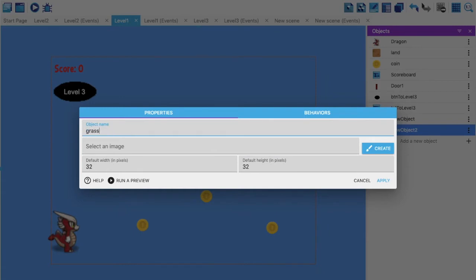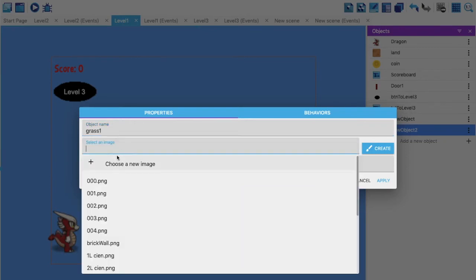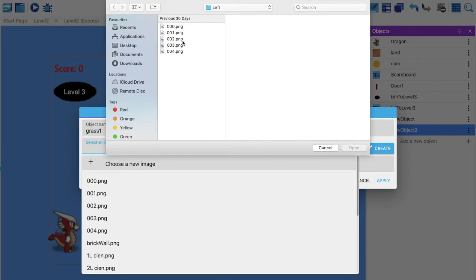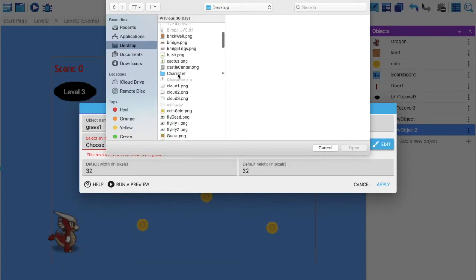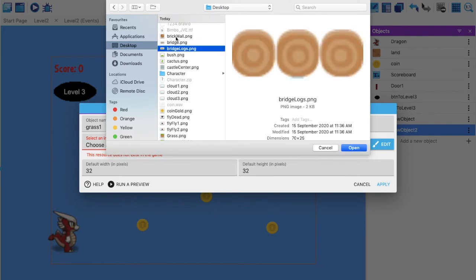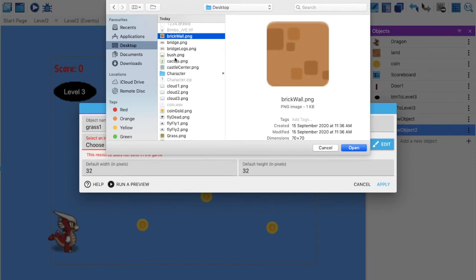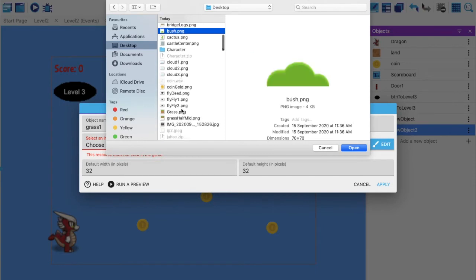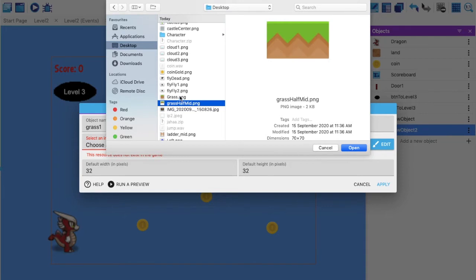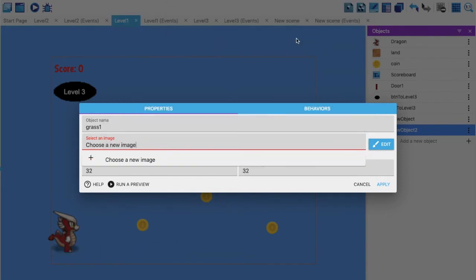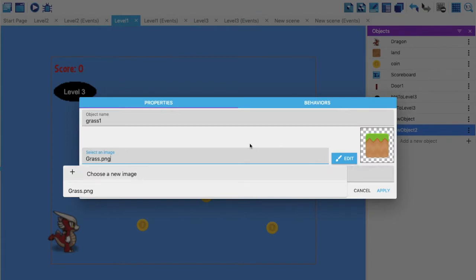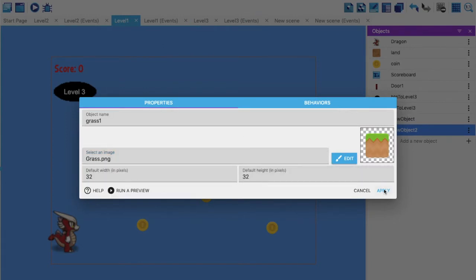So let's say this is grass 1 or something. Select the image. So I'm going to choose the image from my system. I'm going to take this one, open, okay, and there we are, and I'm going to click on apply.